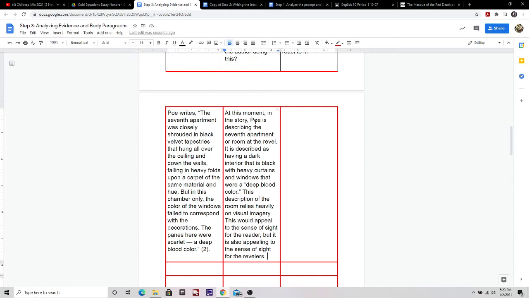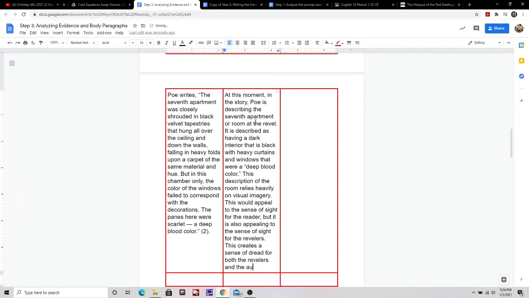So what we want to say is something like this. And I like the word dread here because dread is almost like a fear, right? And the revelers feel a sort of dread when they see this room, and so do we, because it's the last apartment. 7 is typically seen as either a very lucky number or a very unlucky number. It's black and red, black which could represent death, and red which they describe as blood. And we also know that the Red Death shows up as blood on the face of the characters in the story before they die. All right, so this creates a sense of dread for both the revelers and the audience